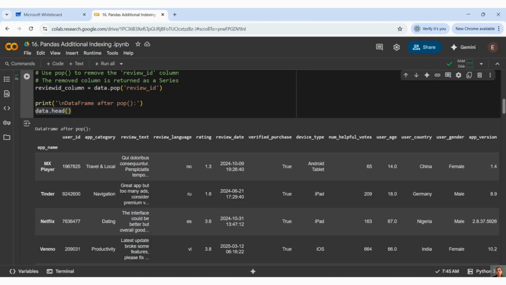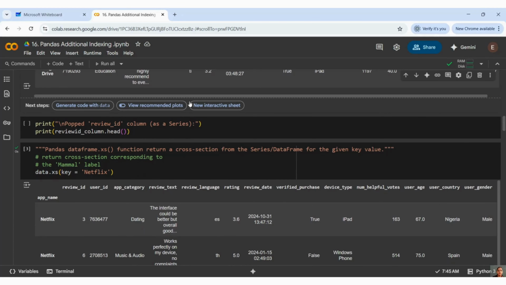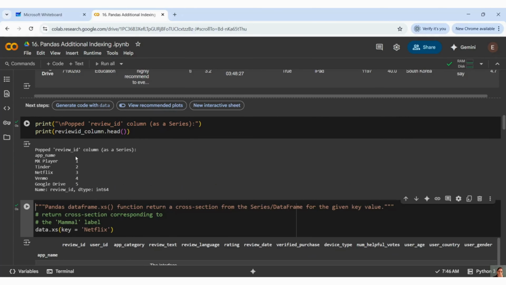If you have unwanted columns, you can do it in this way. Those values 1, 2, 3, 4, 5 were my review ID column, and we have removed it now. This is a summary of that.